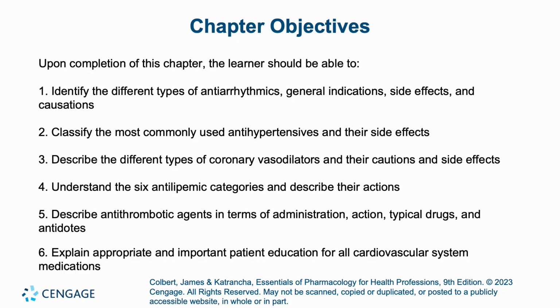Chapter Objectives. Upon completion of this chapter, the learner should be able to identify the different types of antiarrhythmics, general indications, side effects, and causations, classify the most commonly used antihypertensives and their side effects, describe the different types of coronary vasodilators and their cautions and side effects, understand the 6 antilipemic categories and describe their actions, describe antithrombotic agents in terms of administration, action, typical drugs, and antidotes, and explain appropriate and important patient education for all cardiovascular system